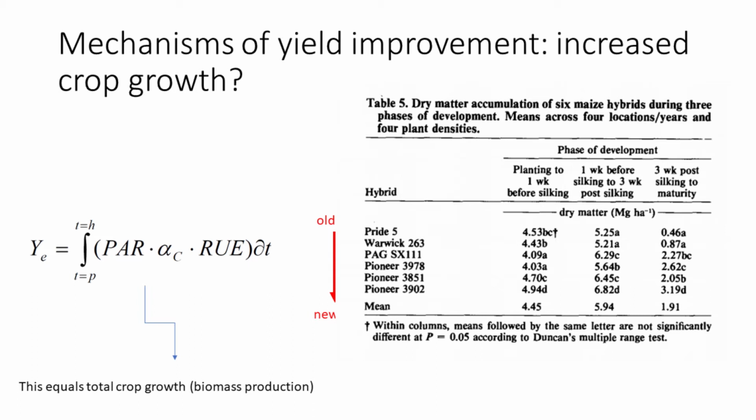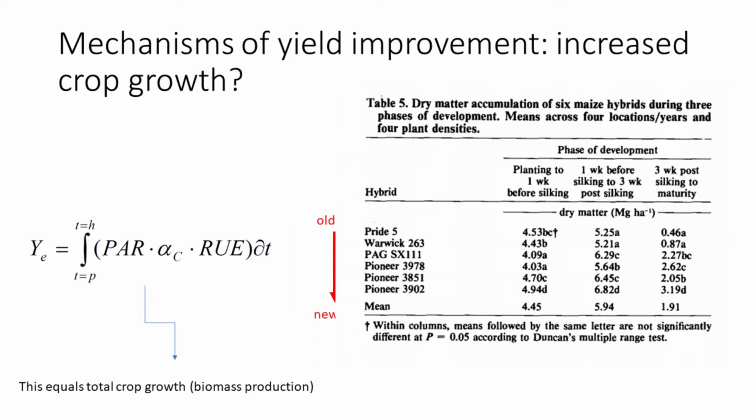And I think the important thing to note here is that while there are significant differences, again, you can see through the letters significant differences in total growth, so the size of that crop. But you can see that the biggest difference between older and newer hybrids of corn in terms of biomass accumulation or dry matter accumulation is in the 3 weeks post-silking to maturity. So it seems like during that phase of grain fill after silking, that's when we have a real strong genotype